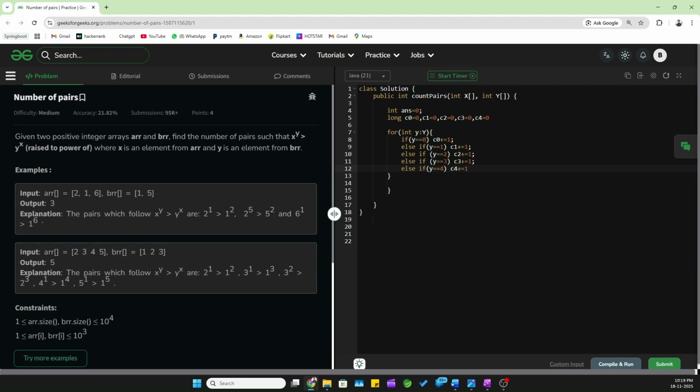So that's it. What this for loop will do is iterate over the capital Y array, and every time it will check whether my current element y is equal to 0, 1, 2, 3 or not. If it is 0, it will increment my c0. If it is 1, it will increment my c1. 2 means c2, 3 means c3, 4 means c4. So it is very simple. And one more thing,